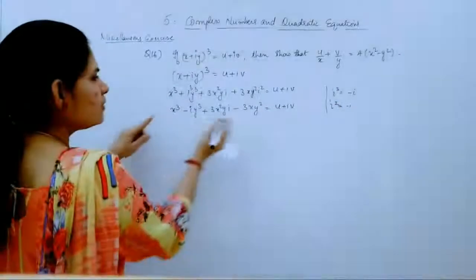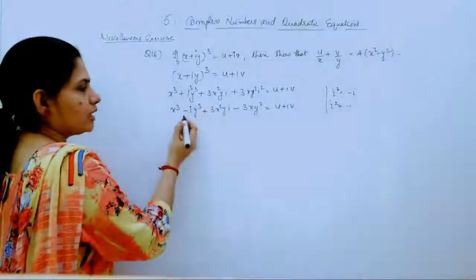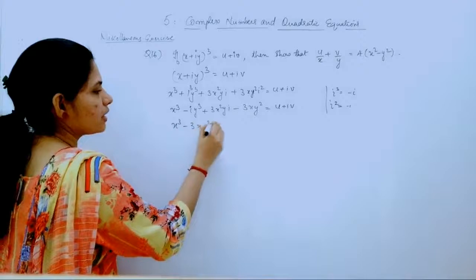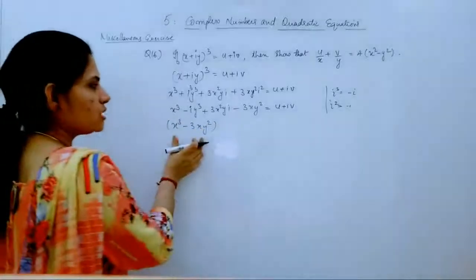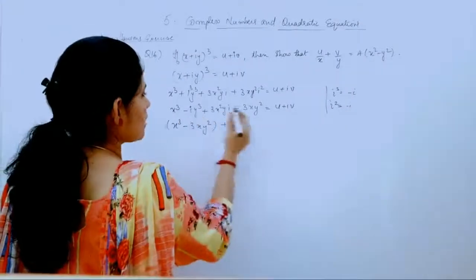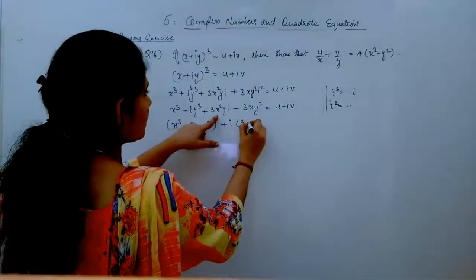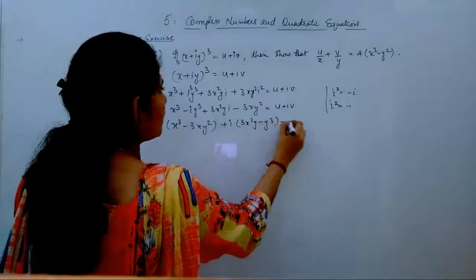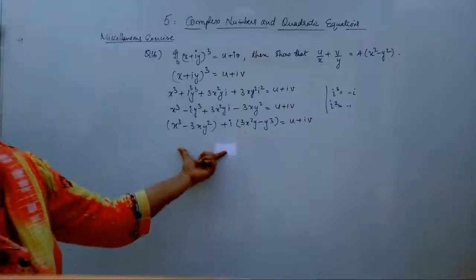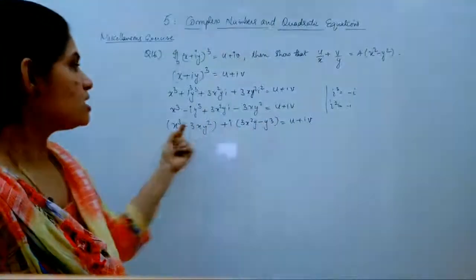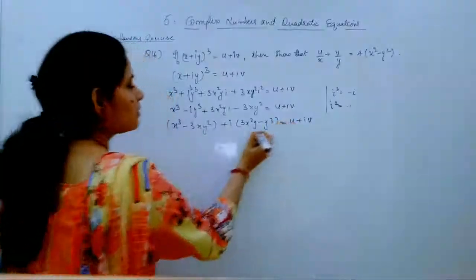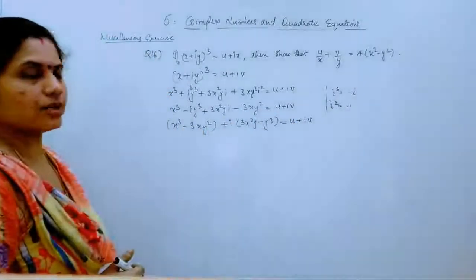Okay, now we will just take the real parts together, that is the terms without i. x cube minus 3xy square is your terms without i, and the remaining two terms you have with i, which are, here it is positive, so I am writing it first, 3x square y minus y cube. Okay, this is your u plus iv. Now this is again in the form a plus ib, this is also in the form a plus ib, so that you can just compare, since it is equal, real parts should be equal and imaginary parts should be equal.